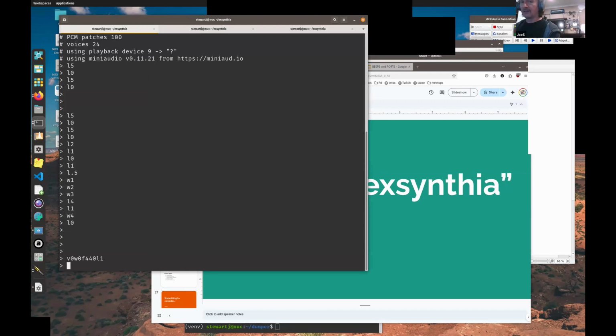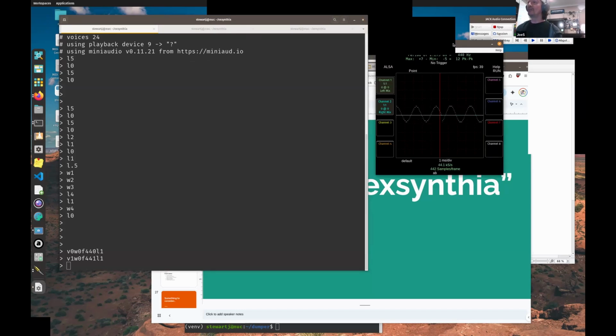What I didn't mention is that in the current version of this, there are 24 oscillators or voices that can be used at the same time. So I can do something like this and say voice 1, wave 0, frequency 441, amplitude 1. And this is just a little bit out of tune of the other one, and you'll get this interesting little beating behavior. And if you look at the waveform, you can see this interesting little up and down. The further out of tune this is,